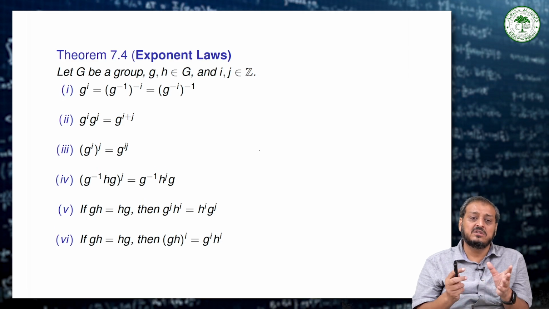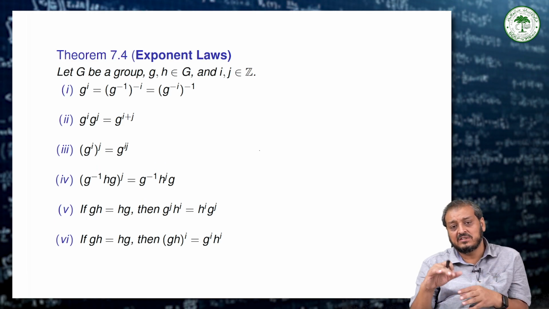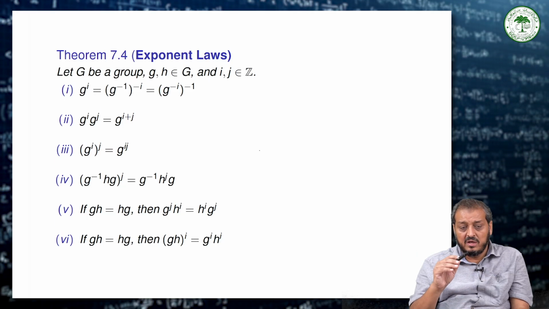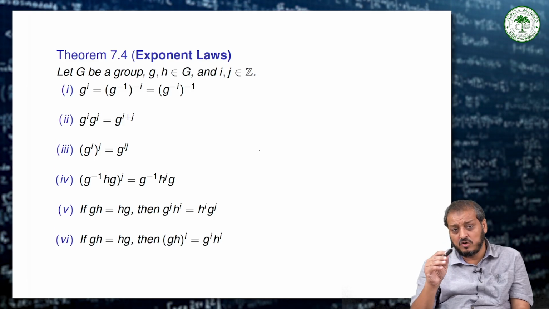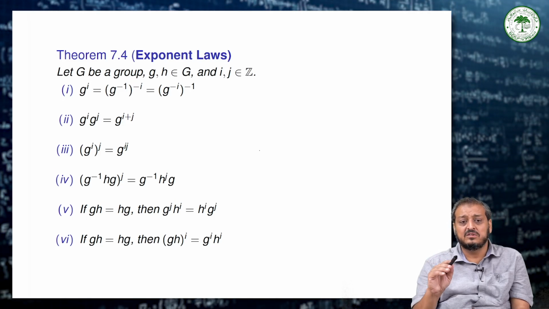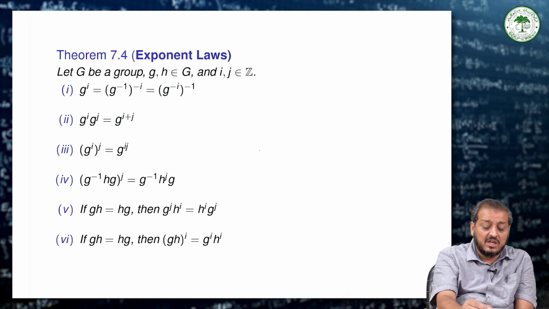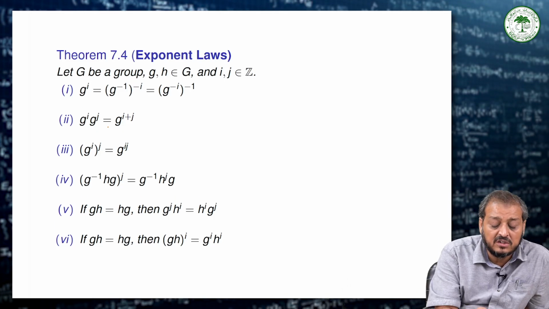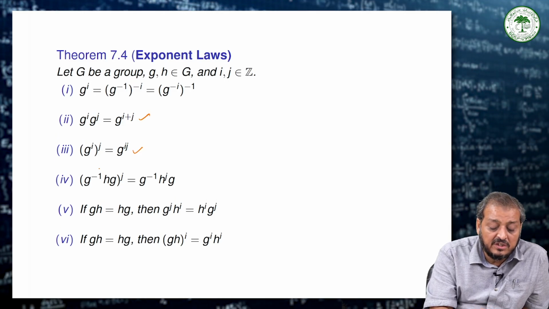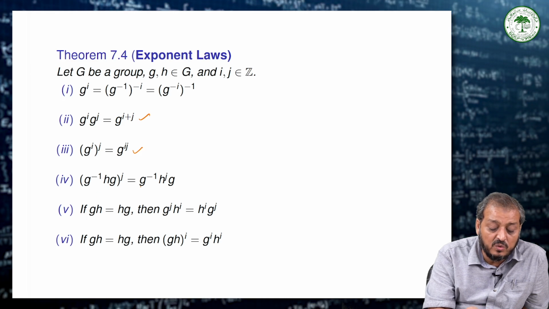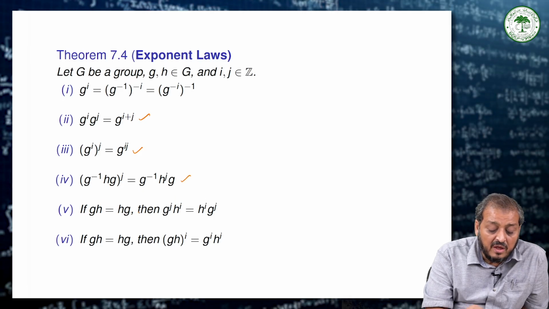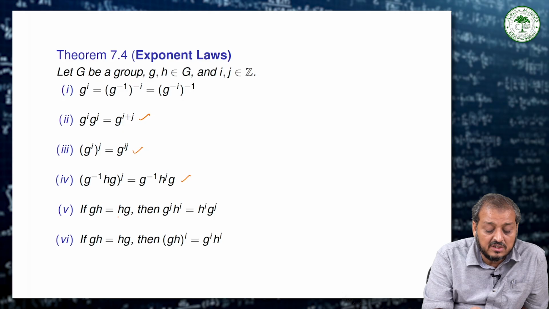It says: let G be a group, let g and h be elements of G, and let i and j be elements of Z. Then g to the power minus i is g inverse to the power i, g to the i times g to the j is g to the power i plus j, g to the i to the power j is g to the power ij, g inverse to the power j is g to the power minus j, and if gh is equal to hg,